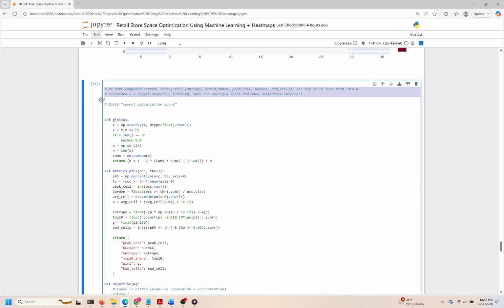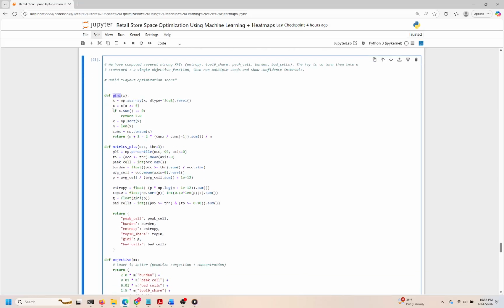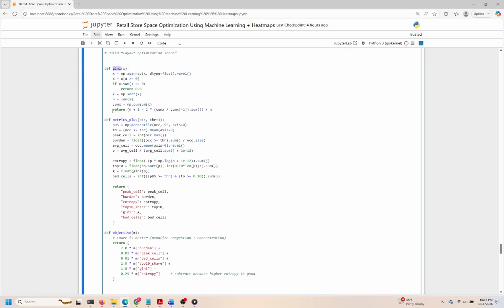The first function, Gini, calculates the Gini coefficient, which gives insight into the distribution of occupancy. Essentially, it helps us gauge inequality, with lower values indicating a more equitable distribution. Following that, the metrics plus function aggregates multiple occupancy metrics, including the 95th percentile of occupancy, the mean occupancy across time, and the proportion of cells exceeding a specified threshold. Each of these metrics contributes to a comprehensive understanding of how the layout performs under varying conditions, such as peak